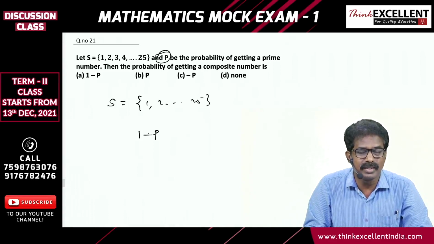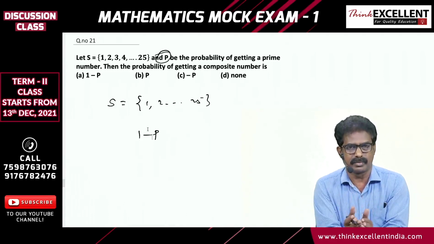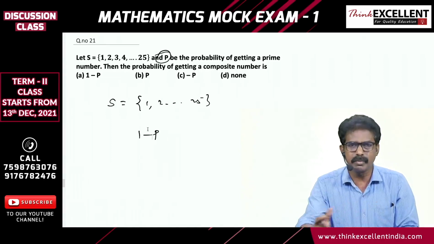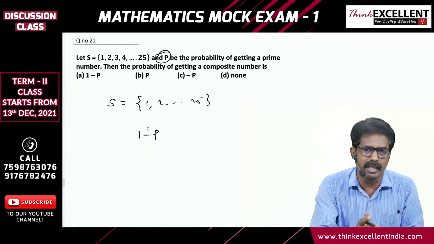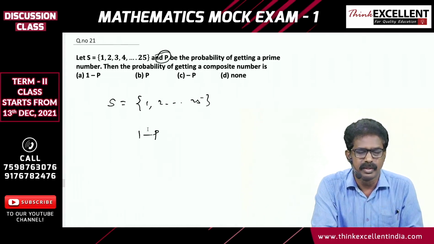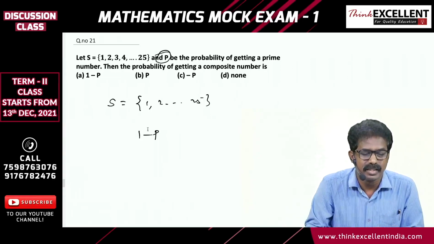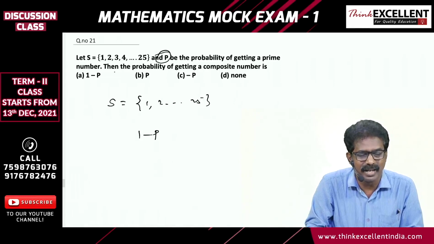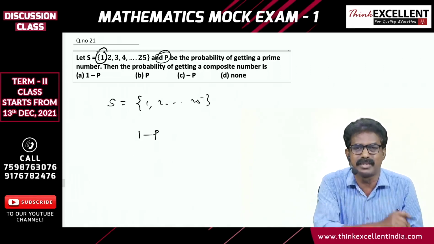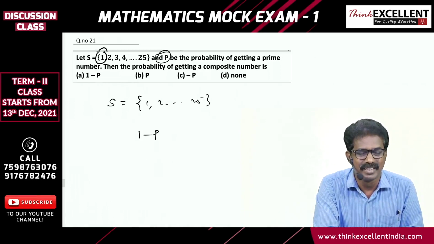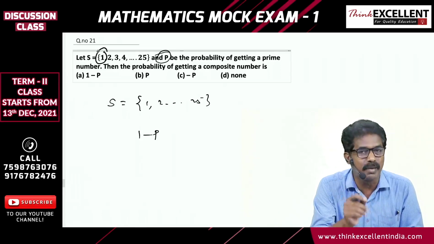Because always we think, suppose P is odd number, even number means all the remaining numbers are odd, other numbers are even. Prime number, what is its opposite? Is it composite always? Not prime. The numbers which are not prime, are they always composite? In this case? Sir, 1 is there, sir. 1 is there. A problematic person is there, right? No, sir. 1 is neither prime nor composite, right?